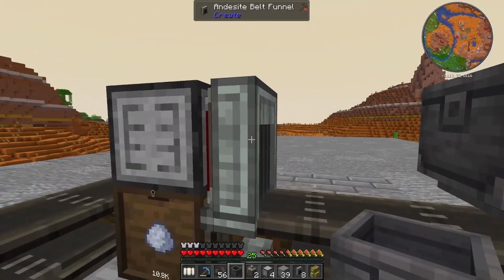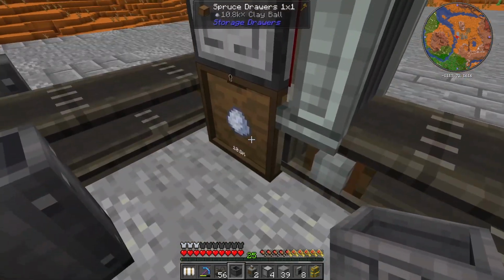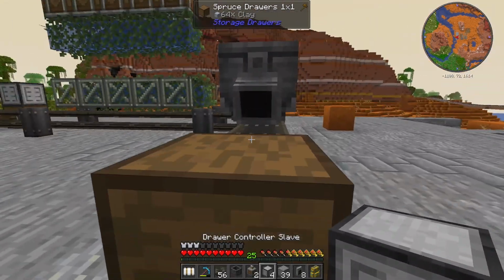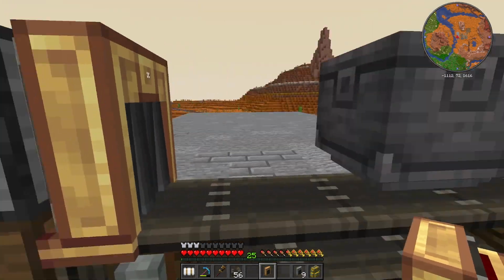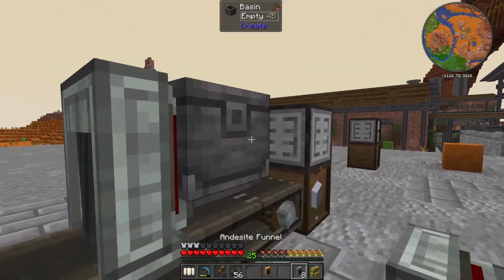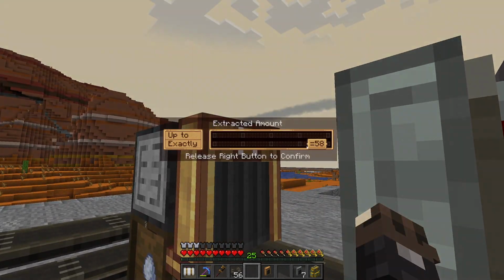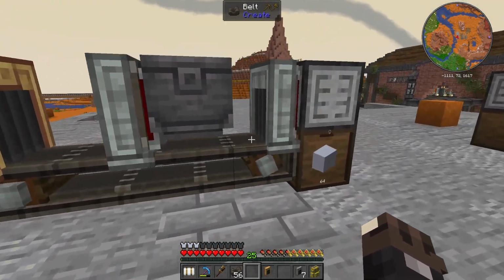So we can have this right over there. And now that should be more than enough for us to get items out of this drawer, into this basin, and then into this chest over here. How are we going to do that? We're going to add a drawer control over there. We're going to have a brass funnel over there, a normal funnel over here, and another normal andesite funnel over there. And then this one we can just change to say only put out 16 at a time,